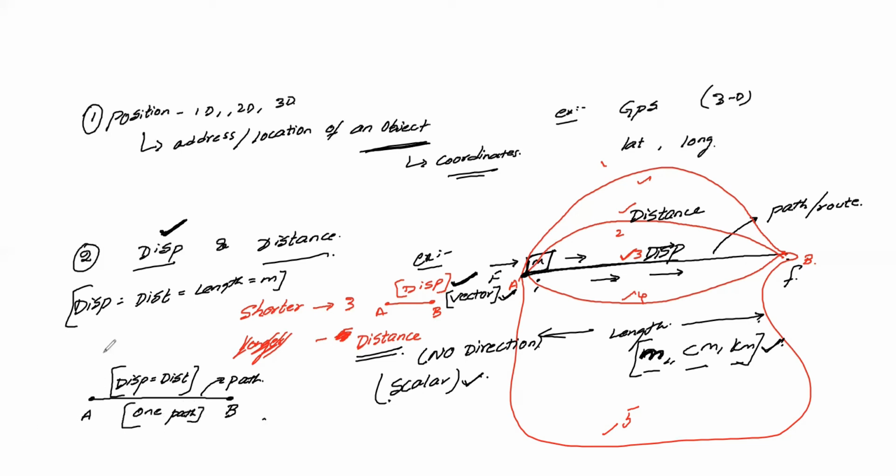Now tell me, what is displacement? Displacement is the shortest distance between any two points. Yes, ma'am. So you can say the shortest path, or shortest distance, or shortest route between the two points. Then what is distance? It is the other paths rather than displacement, rather than the shortest path. You can say it like that. Rather than the shortest path, that is your distance. Or else I'll give the definition for it. Any doubts so far? No, sir. Okay, good.